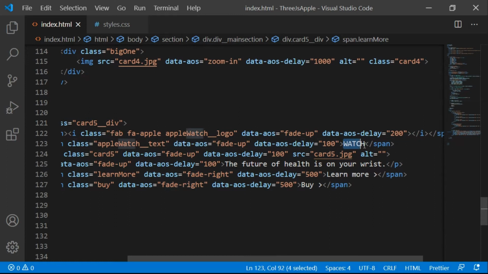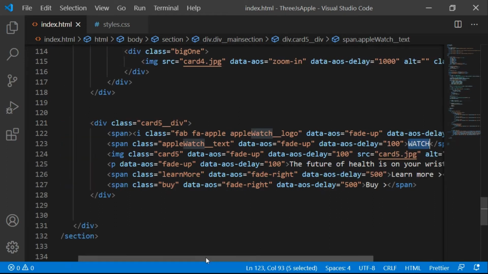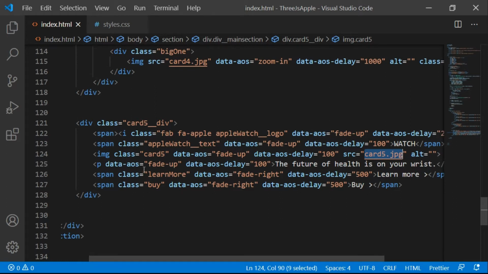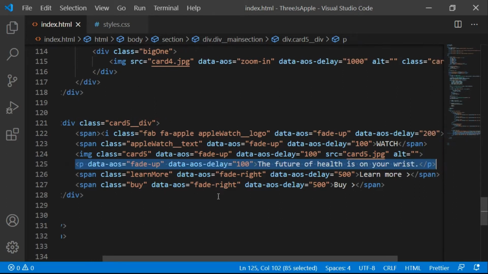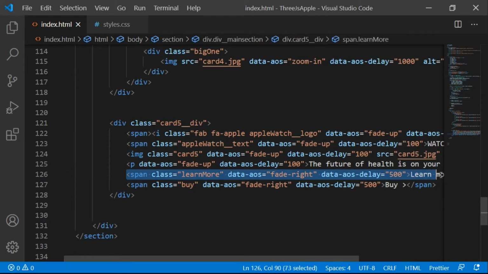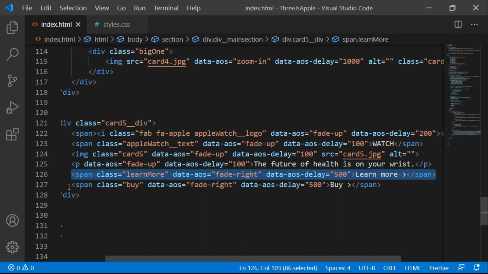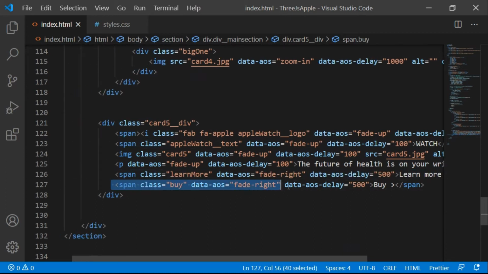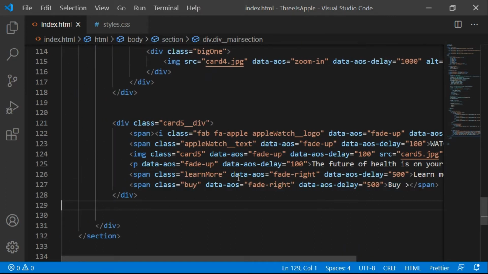It has the watch, that has an image tag with a class card5, and card5.jpg is the image here. And we've got this para tag for some text here, that is, the future of health is on your wrist. And we've got some span tags here for the buttons, not buttons exactly but something like that. And it has learn more and so on.